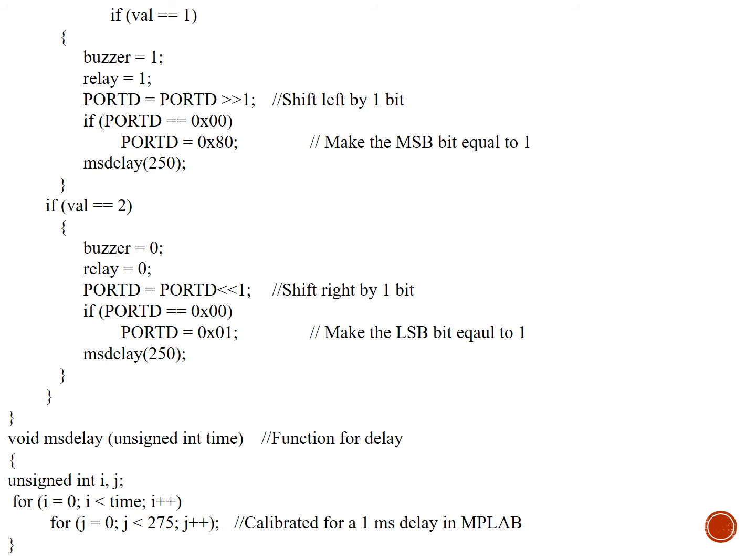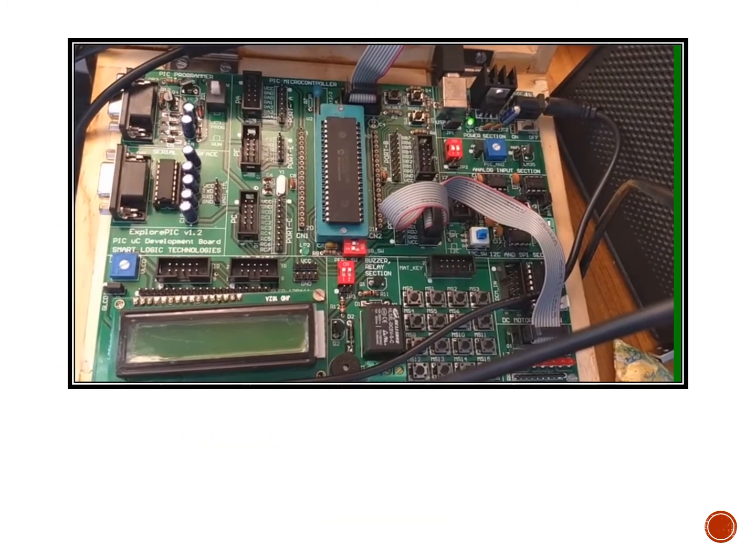Then some delay. Now we are going to write the ms delay routine, that is void ms_delay with unsigned int time and unsigned int j. For i equals 0 to time, whatever time is given, that is 250, has been put. And we are looping it double because we want to increase the time, as this much time is not sufficient to observe what changes are happening in the LED. That's why we are increasing the delay by using the j loop, and this will serve the purpose. And this is the LED we have interfaced with the relay and buzzer.